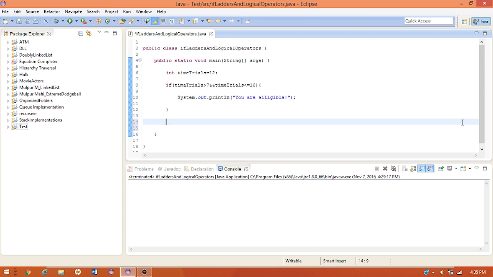If we make these 2 variables, obviously GPA would be a double. Let's say this certain person has a 3.4 and they have 10 recommendations. You can't have half a recommendation, so again,